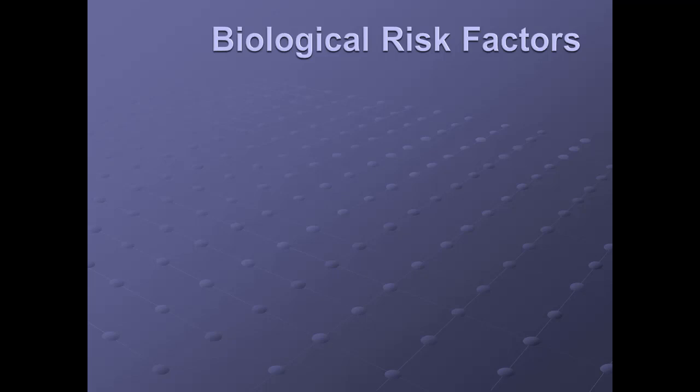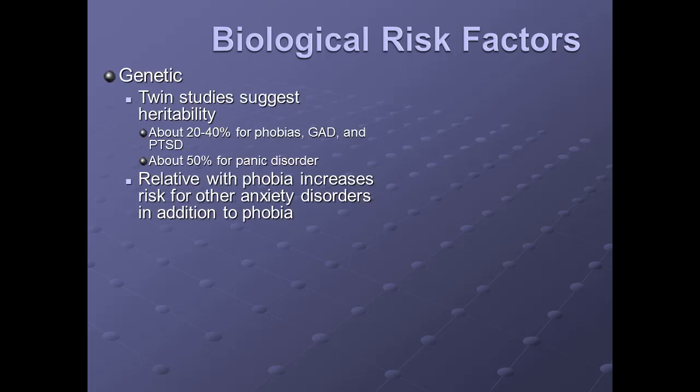So what about biological risk factors? We know that psychology has really focused in on the biological and the physiological to help us inform our research and our study, and we've really been geared much more towards looking at biological causes. So here's some biological causes that might set one up for developing an anxiety disorder. We know that there's some sort of genetic link going on there.